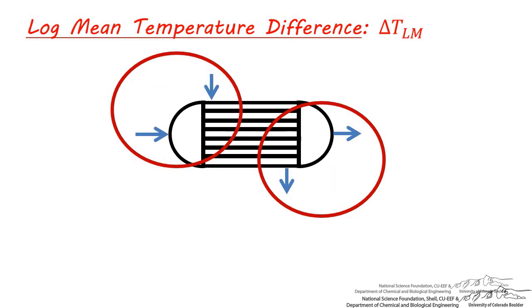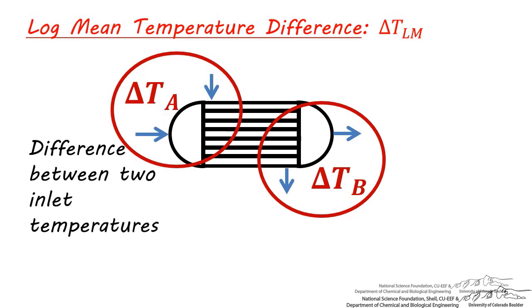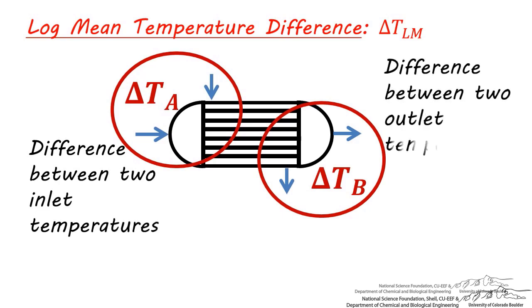The difference in temperature between the two streams at end A is delta T sub A. The difference in temperature between the two streams at the other end is delta T sub B. Notice this heat exchanger is co-current flow, so for this type of heat exchanger, delta T sub A is the difference between two inlet streams, and delta T sub B is the difference between two outlet streams, but this is